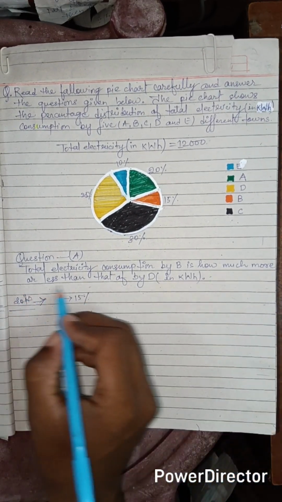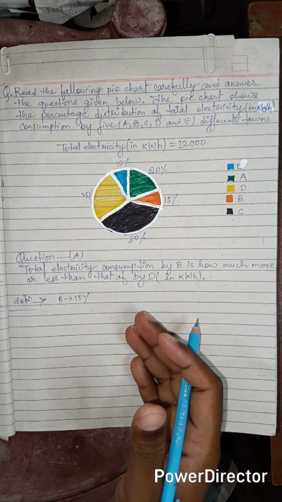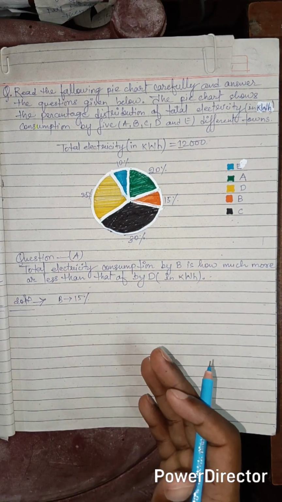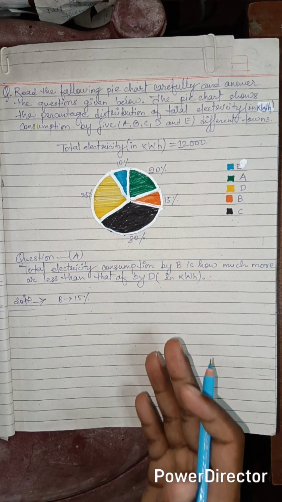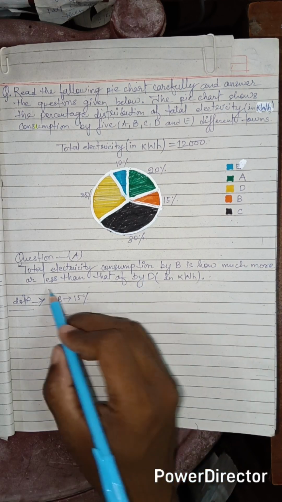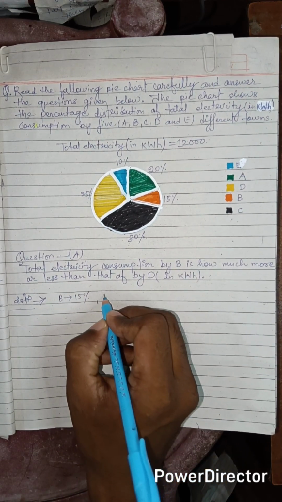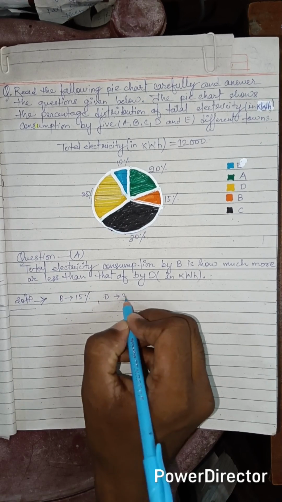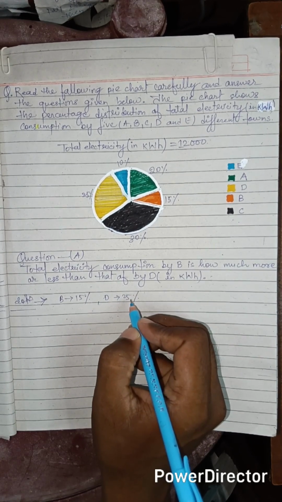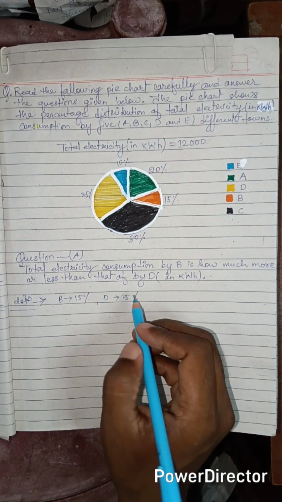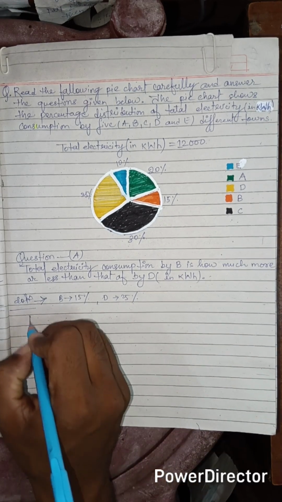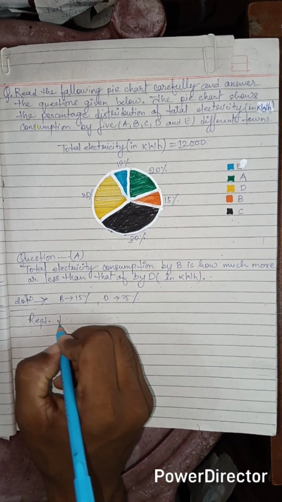And "how much more or less" means we have two cases, more or less. For D it is 25%. So we have to find the difference. Required difference is equal to